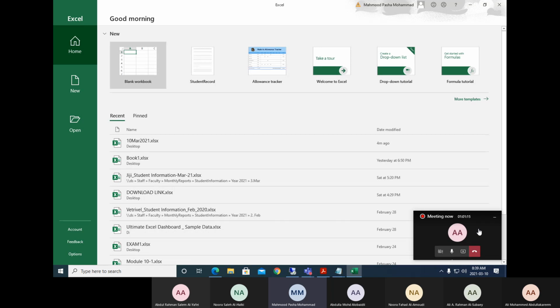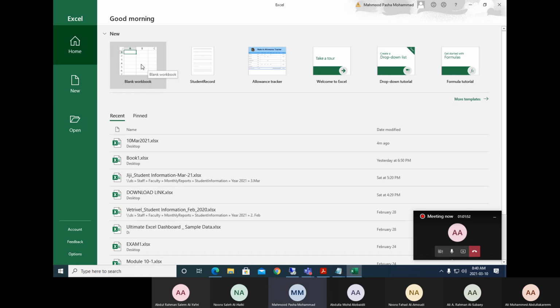For example, when you are giving a presentation in front of people sitting in the audience, there will be a backstage. The person giving the presentation stands in front of the audience, but in the backstage there are people supporting that presentation, like the audio and the video, everything, supporting from the back. That is called backstage. In the same way, in an Excel application, we have a backstage where you are going to see this type of screen.